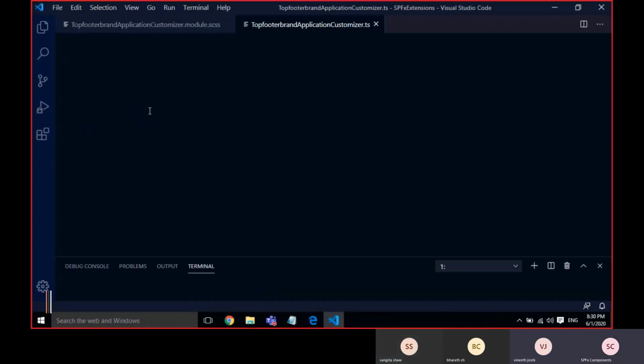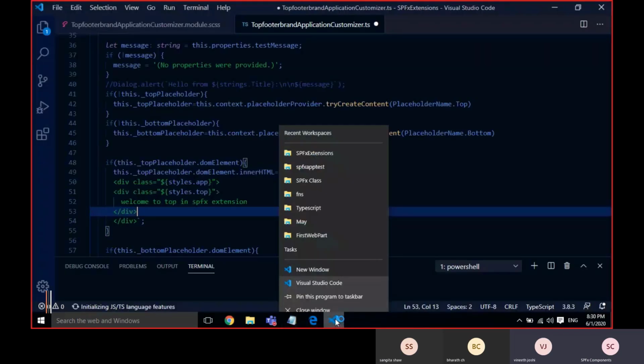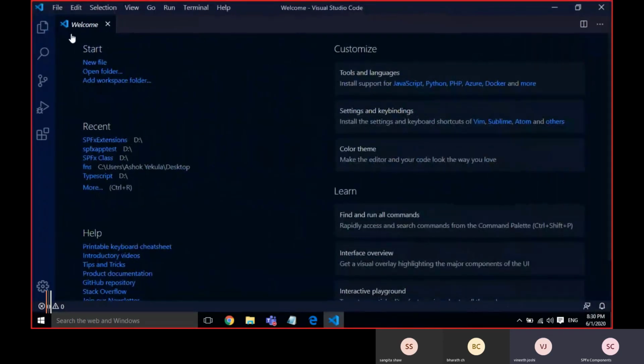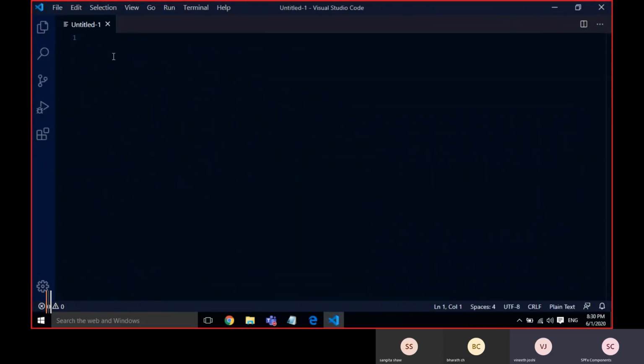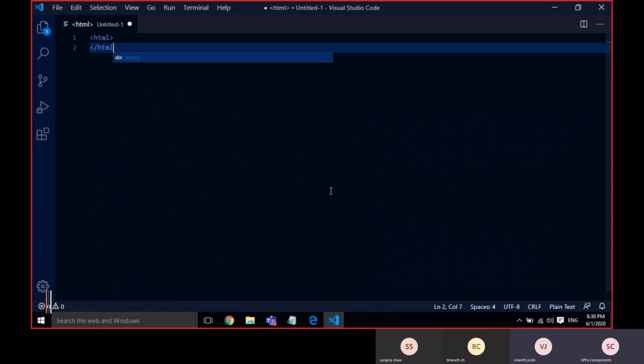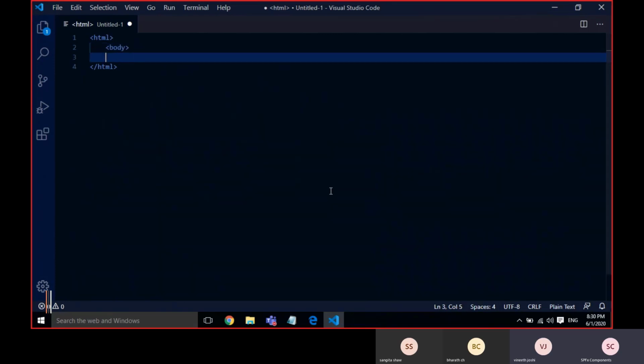I'm just taking Visual Studio Code. I'm just creating a new file. These are all just simple HTML.